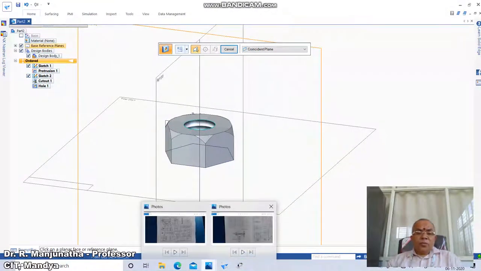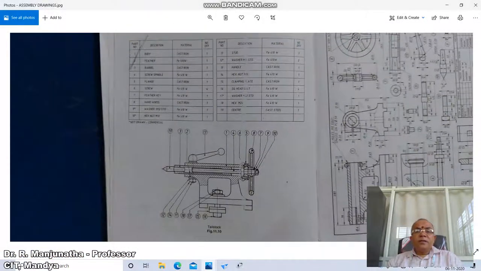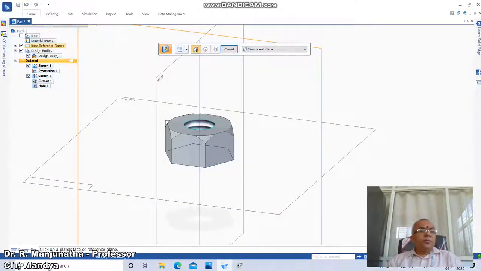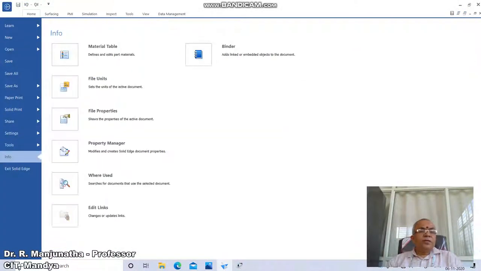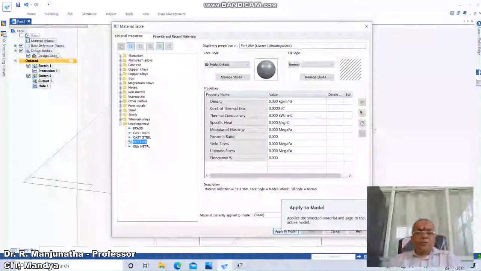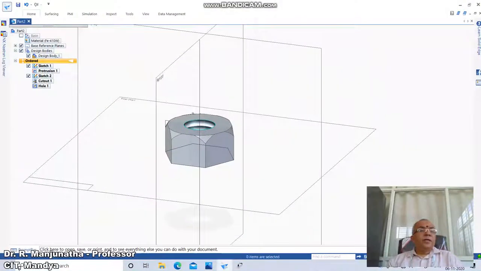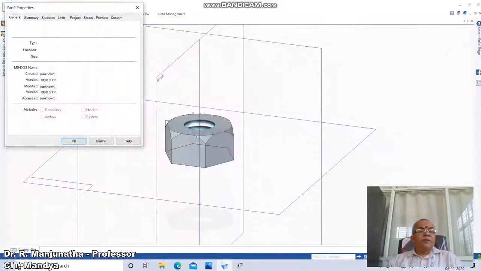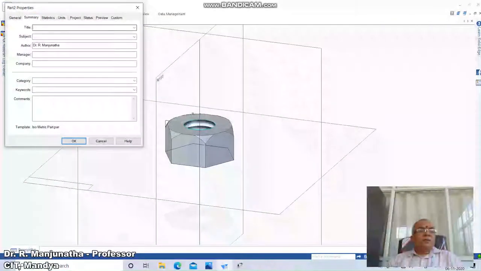So now we need to apply the material Fe410W to Hex Nut M16. So to do that, go to application button, go to information, go to material table and select Fe410W, apply to model. Again go to application button, click on information, click on file properties, summary,